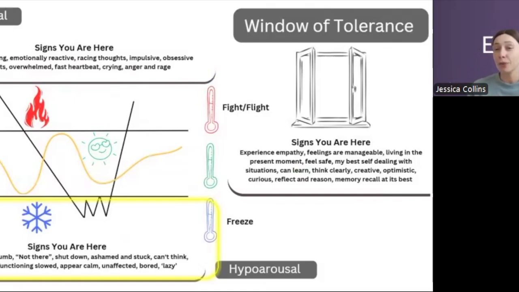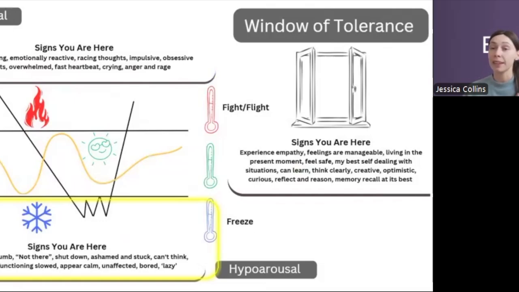And I guess in general, people who are within hypoarousal will present as withdrawn, struggling to get engaged with others, struggling to engage in the things that they need to do, like work or household tasks, or even the things that they enjoy. It's probably going to be difficult for them to engage in the same way. And people might describe feelings of hopelessness when they're in hypoarousal as well.